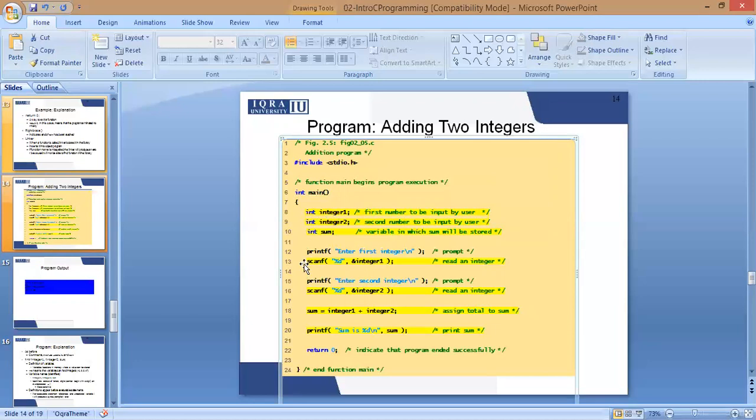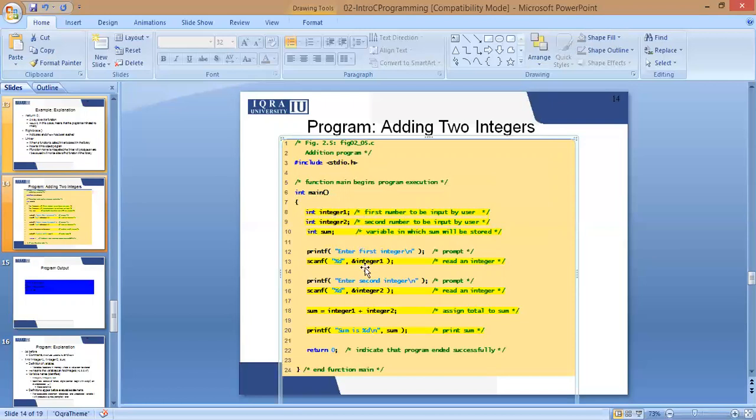Now, what is a scanf? Scanf is another function that is used to take input from the user at runtime. There are two types of input that can be given: hard-coded input in the code and input at runtime. Whenever I require input at runtime, I'll be using the scanf command for it. And whenever I'm giving hard-coded input, I will be giving it in the code over here. Integer is equals to 3.